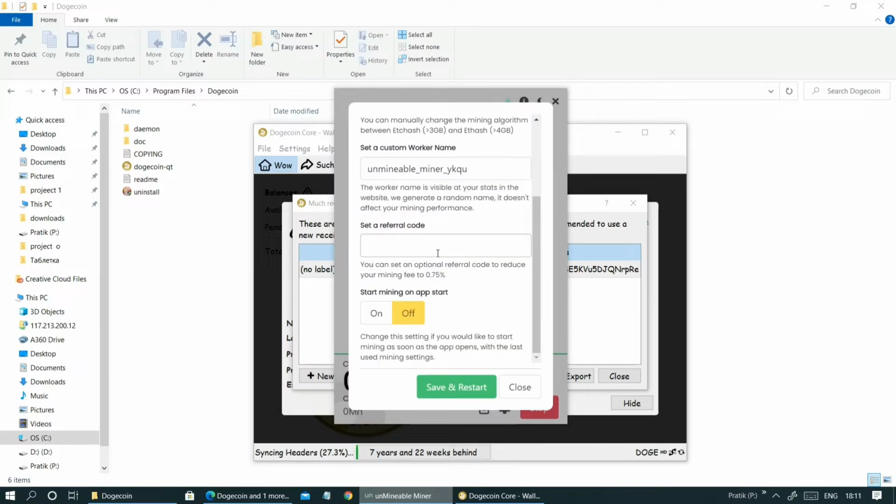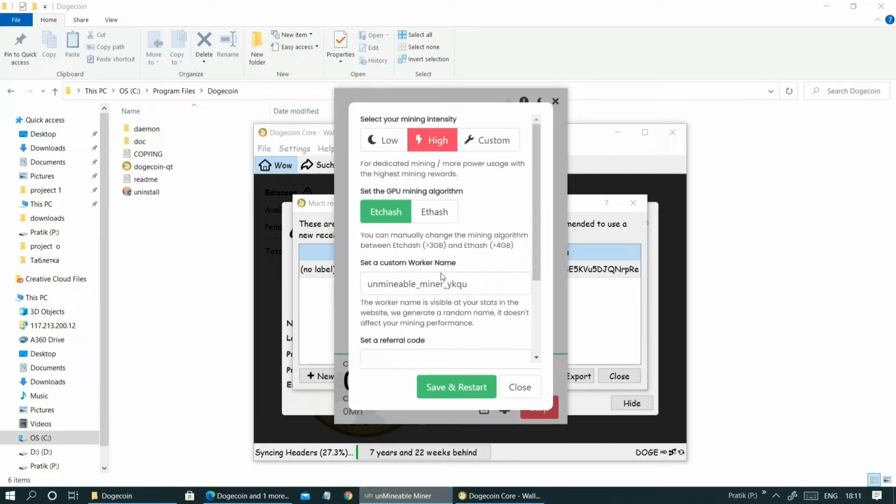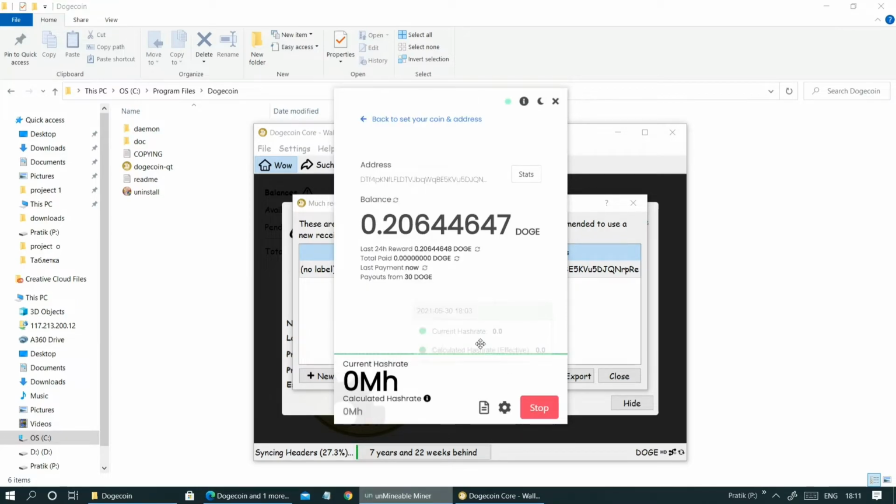It will use all the resources for mining only, and it will make you some more profit. For starting it takes some time, and then it will start mining.